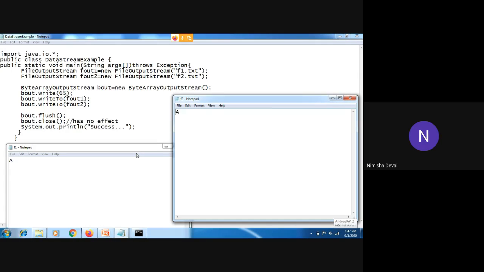Take it properly, otherwise it may generate errors. That's why I have taken the same example which we are having in the Yeah, ma'am, I have taken.